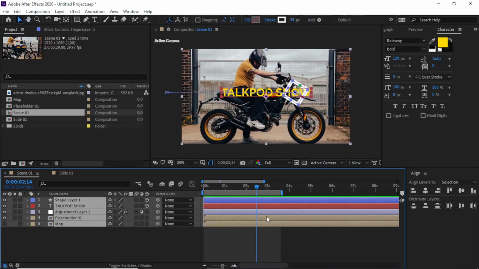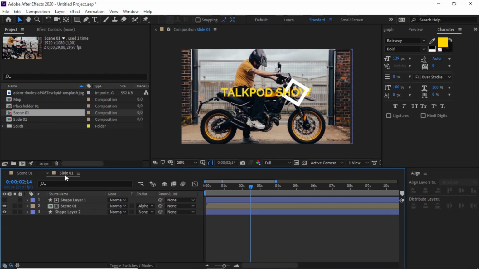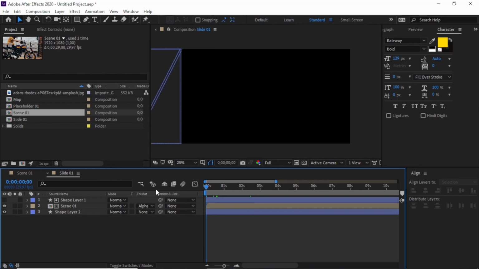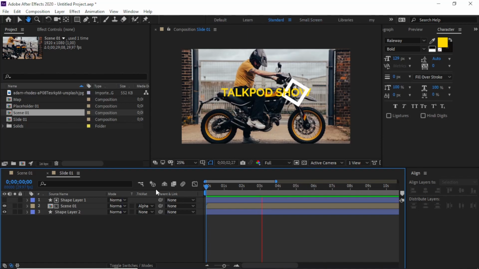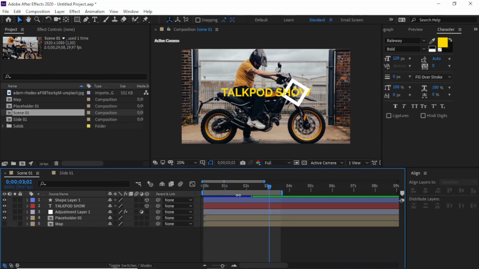Now we go back to slide 1 and see how the scene reveals like that. And now we want to create a small detail element that is moving around on the screen.